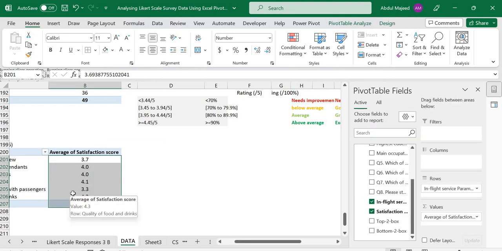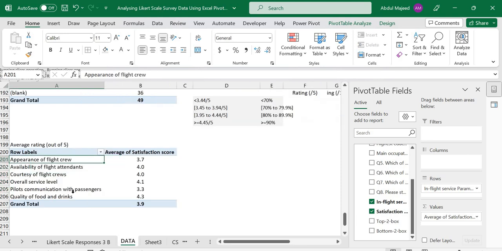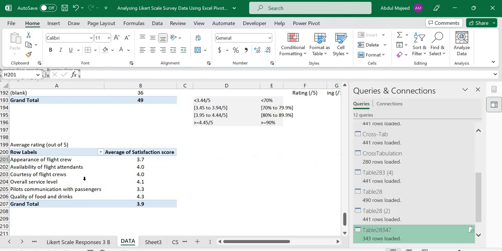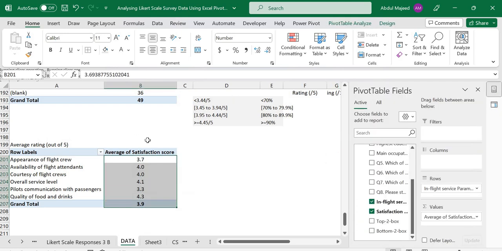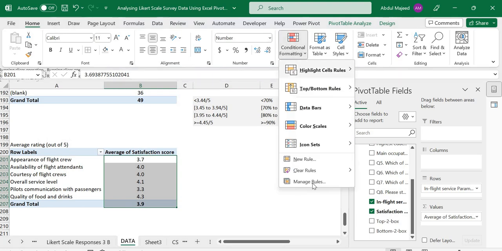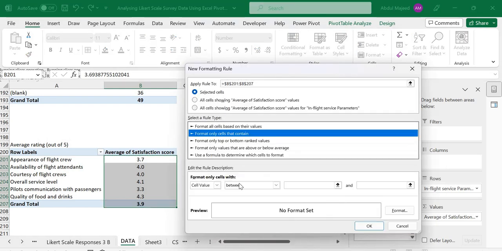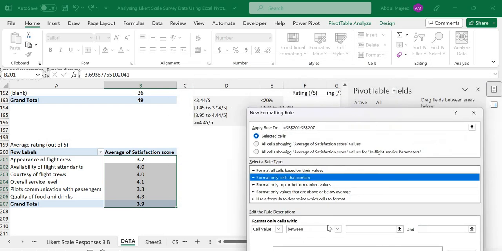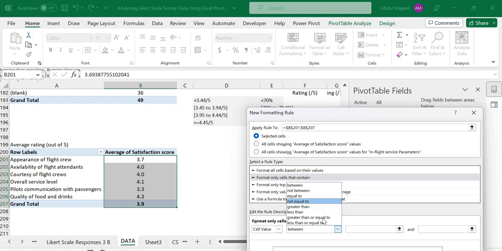Now we are based on customer experience, which is the in-flight service experience of passengers in our flight. So we want to see which parameters need improvement, which ones we are doing well, which parameters we need to improve. So let's format this using conditional formatting and using this scale. So we select this and go to conditional formatting, new rule. So what we want to do is create a formula and say that, okay, if the average rating is greater than or equal to